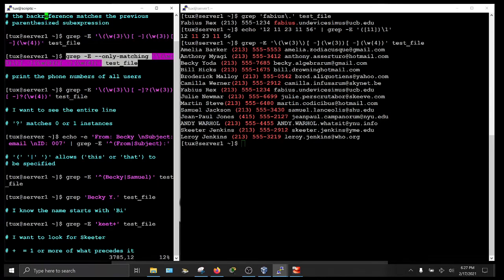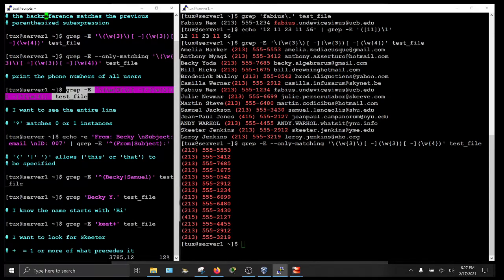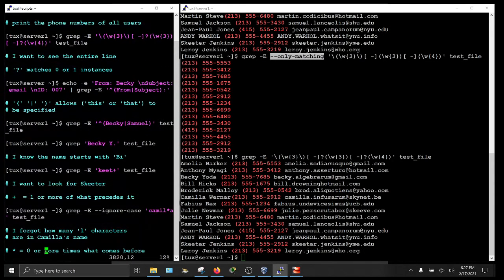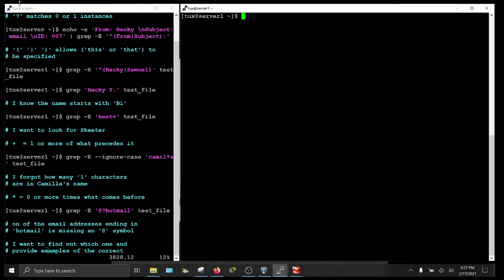And now I'm using only matching to show just the phone numbers. So if you want to see the entire line, you would have to cut out that only matching option. Okay, I'm going to clear the screen. Okay, now I'm going to